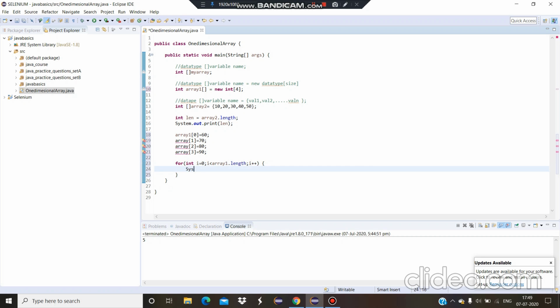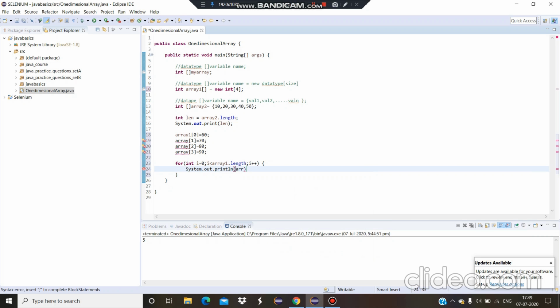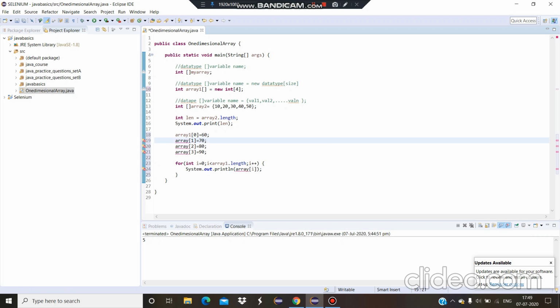For this I am using System.out.println(array[i]). So this for loop will print me each and every value that is stored in the array variable one by one by incrementing the loop. So we will see the output.